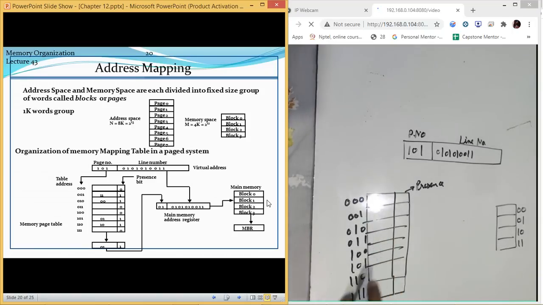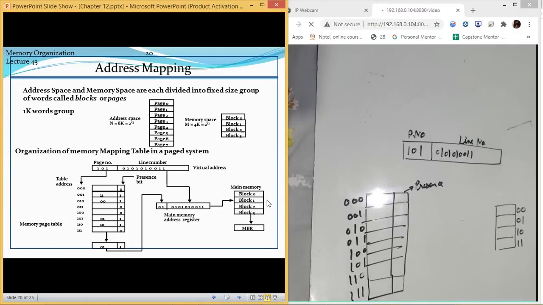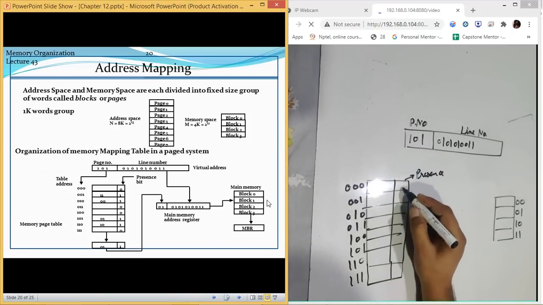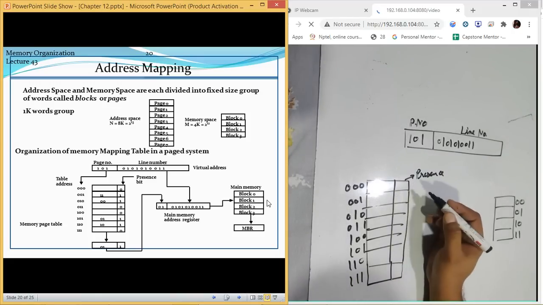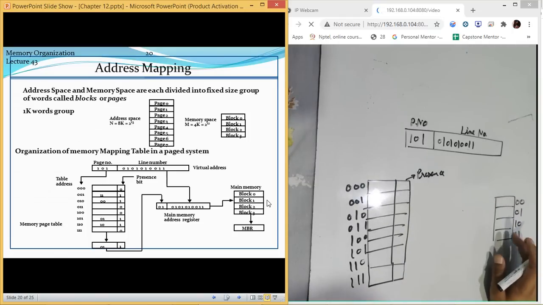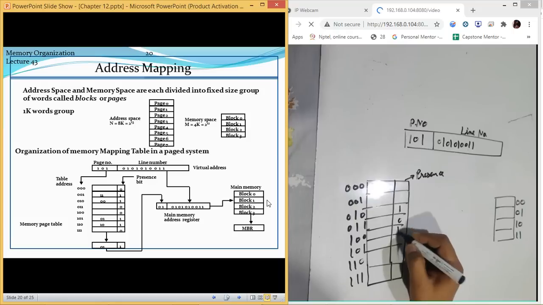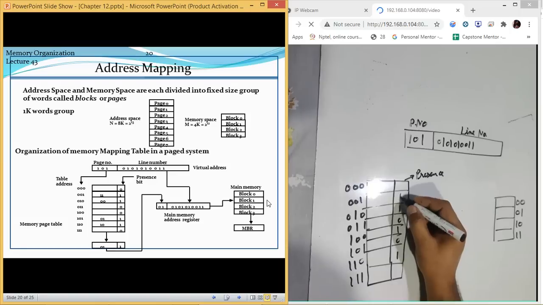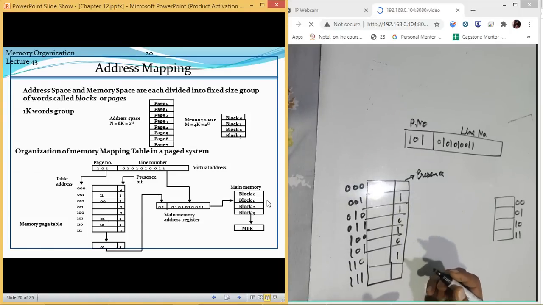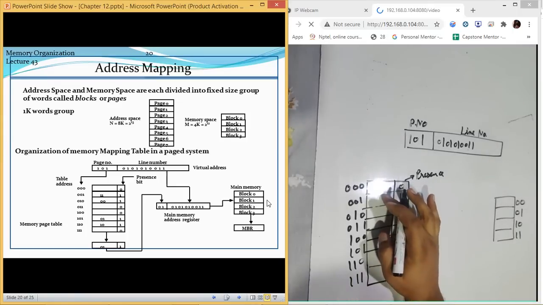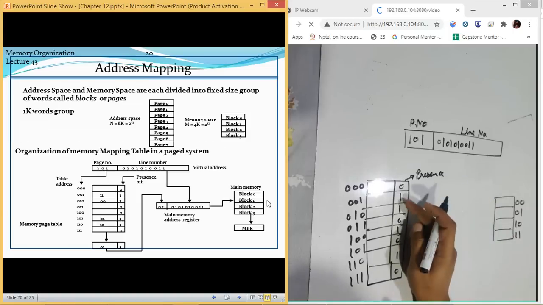So now these are the memory. This is the page numbers for your hard disk drive, and we are having something known as presence bit. This presence bit only tells us whether that page is present inside the memory or not. Like if this presence bit is 1, it is specifying that yes, this page is present, and along with it, it will also tell at what block it is present. So at which block it is present, that will be specified at this place, and whether it is present or not will be specified by this.